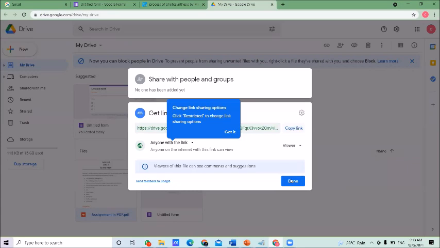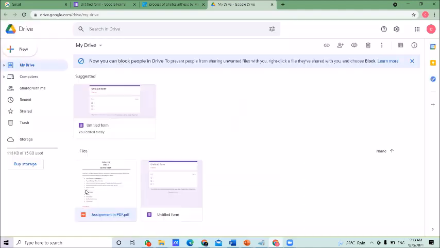Now I have copied the particular link which I want to share with you. You can follow similar steps to share your own documents also. This is how to share my document.